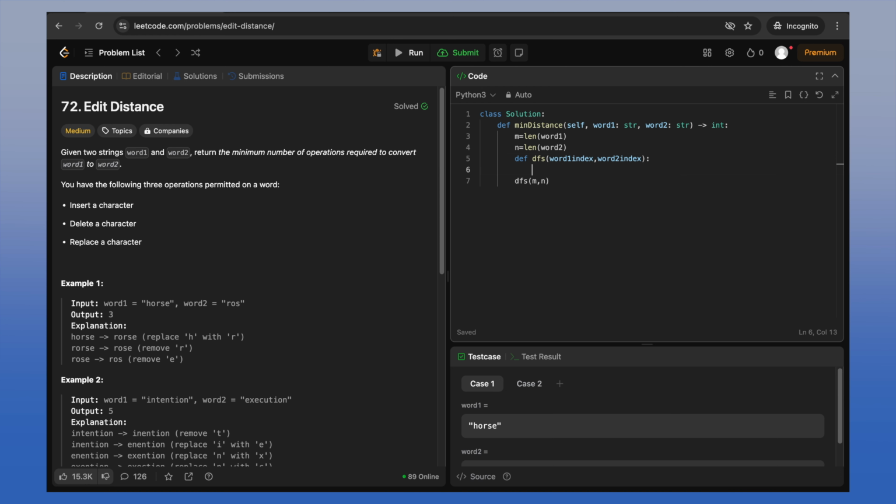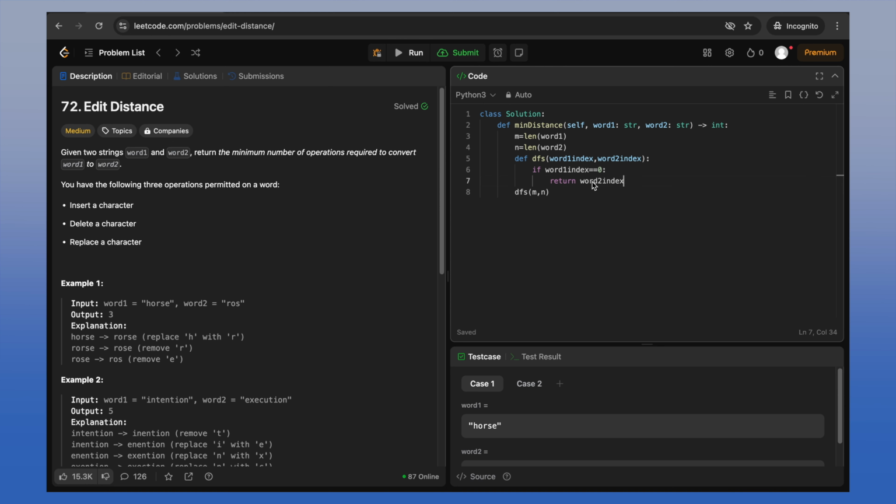Okay, next, over here we need to write the base case, as we'll be following recursion first. So what base cases can we write? Let's imagine var1 is empty. In that case we need to copy all the characters from var2 to var1, right? So we can say, if var1 index is equal to 0, then we can return